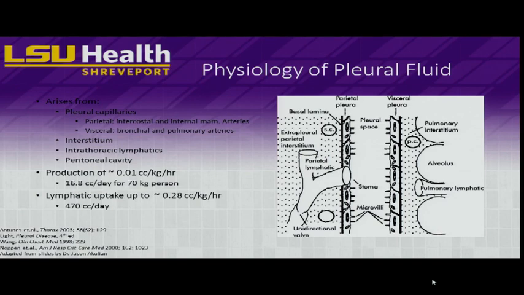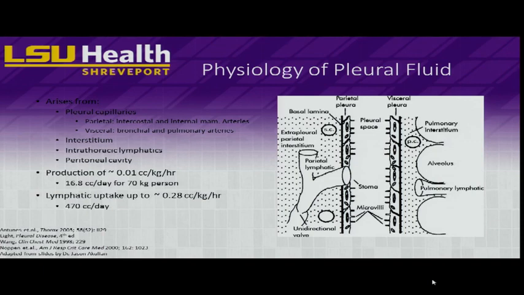Generally, it should only produce about 0.1 milliliters per kilogram per hour. And the lymphatics can generally absorb about 0.28 milliliters per kilogram per hour. So as you can see, there's a pretty significant excess reabsorptive capacity of the pleura when compared to the normal physiologic